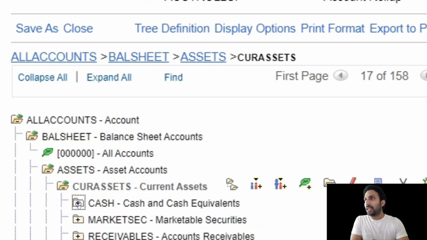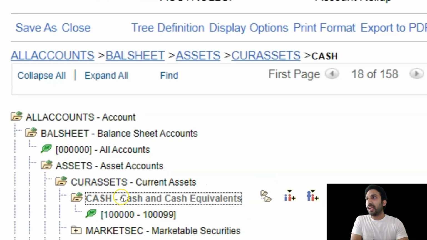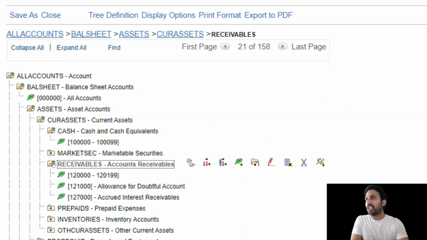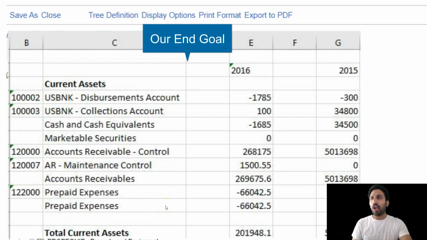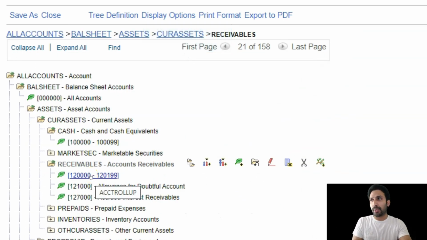If you check under cash, these are the specific accounts that made up the cash and cash equivalents. Likewise, for receivables, there are specific accounts under receivables. Our goal is to figure out how much amount is associated with each specific account number. Alright, and that output should be part of the Envision report.